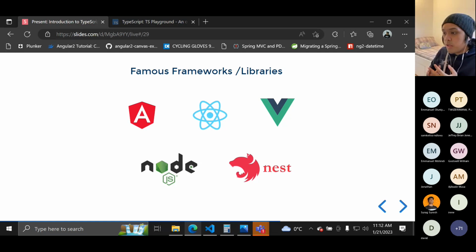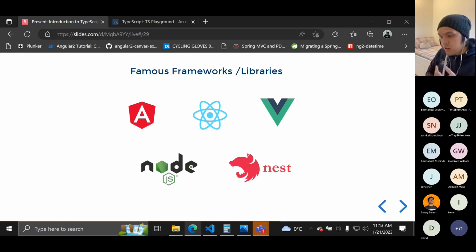Number one there is Angular. Angular started using TypeScript around 2012 or 2013, since TypeScript was released. When they released Angular 2, it was already using TypeScript. It was not that famous at that time, and it offered fewer features compared to now, but right now it really offers a lot, and it has a lot of features when it comes to using Angular.